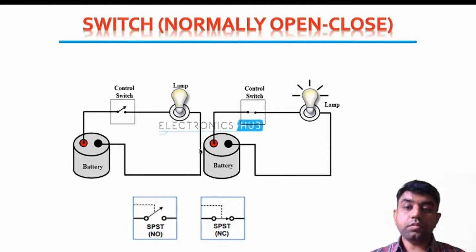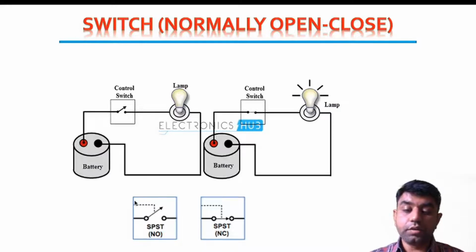Now, talking about the particular switch itself, we have a number of different varieties. The first one is a normally open close switch, right? The switch we also use in our rooms is a normal open close switch. Once you press that, the circuit gets completed and you can light up the lamp, and once you open that, the lamp wouldn't start, right? So that's a normal open close switch.